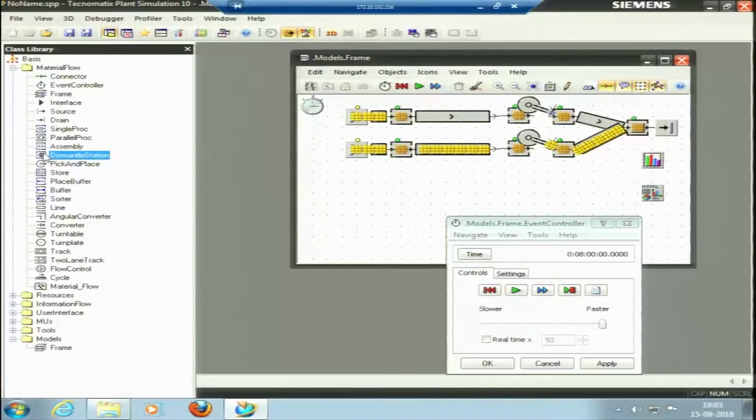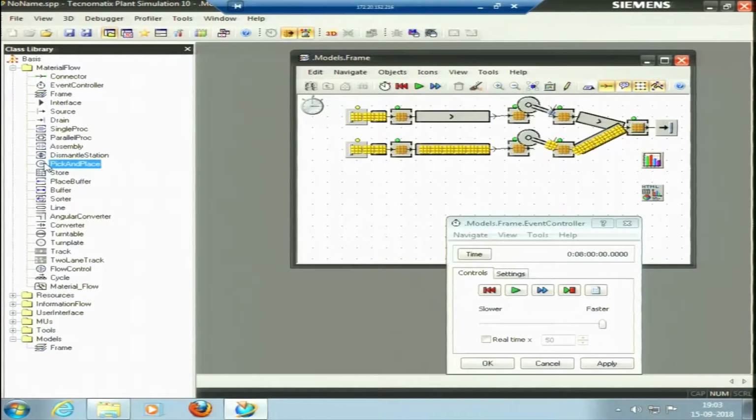With assembly and dismantle I have just shown two flow lines here, but we can have multiple flow lines, like different material coming from maybe 10 flow lines, and those are being assembled. Like in the car body manufacturing example that we saw, they were trying to put the side mirror on, and they were trying to tighten the nuts of the wheels. So those processes were being done.